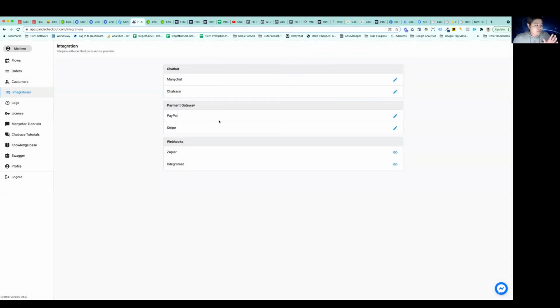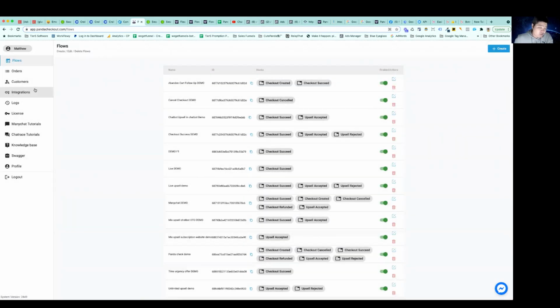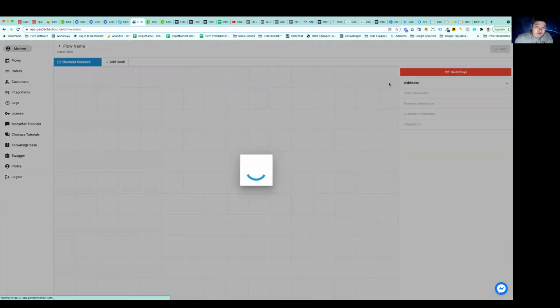If you like the software, we can actually work on the Botnations to integrate with them. We can figure something out. But for the other platforms, we need you to connect the payment gateways. We need you to connect the chatbot so that we can make the connection. So at the flow, how it works is we